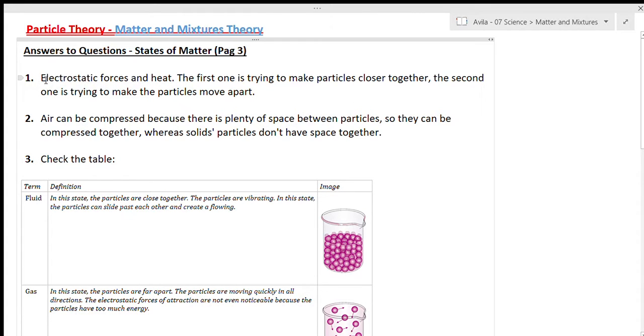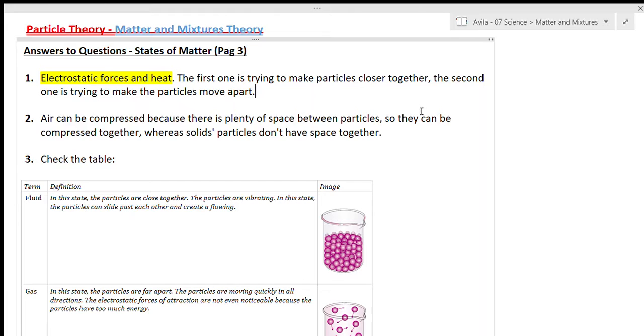I want you to write this in your book because I want you to have the full answer. I don't want you to only state it, but I also want you to write notes of what each one of these forces does to those particles. So the first one is trying to make particles closer together. Remember when we did forces on our last topic, the girls that did electrostatic force explained how